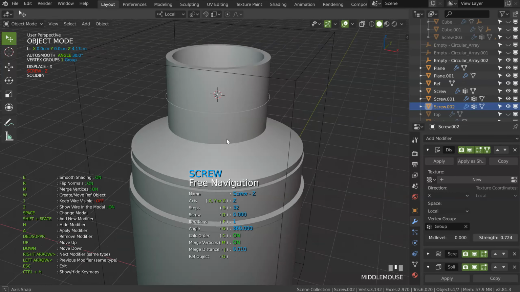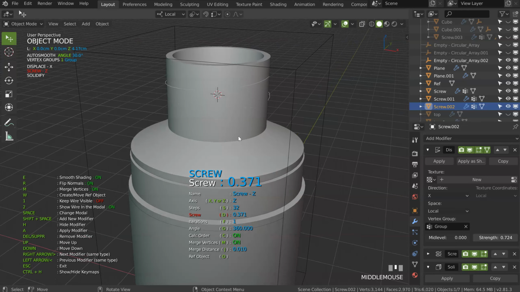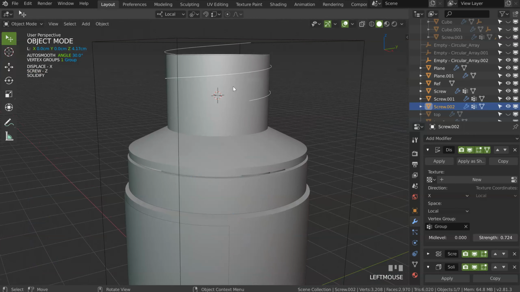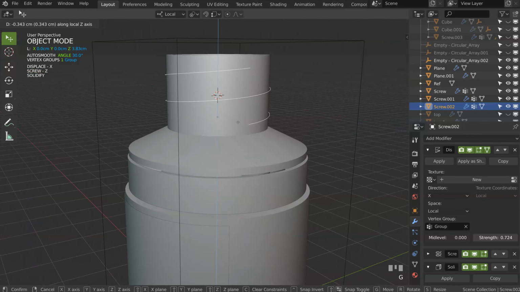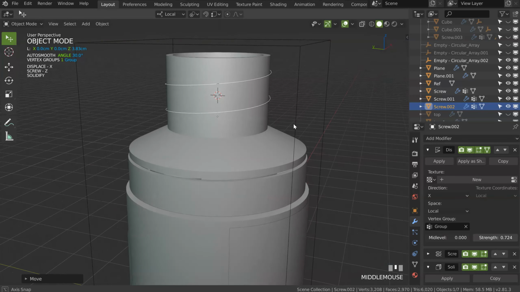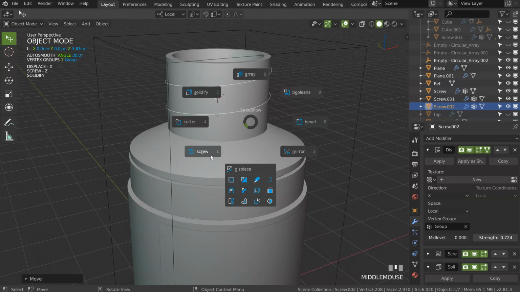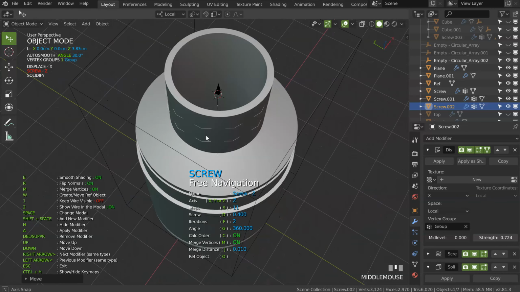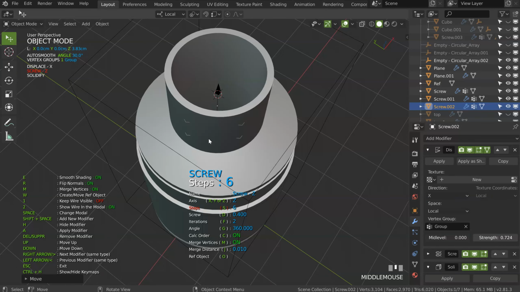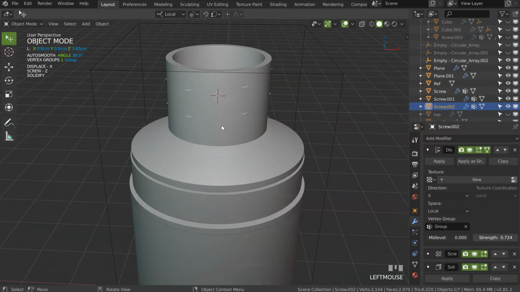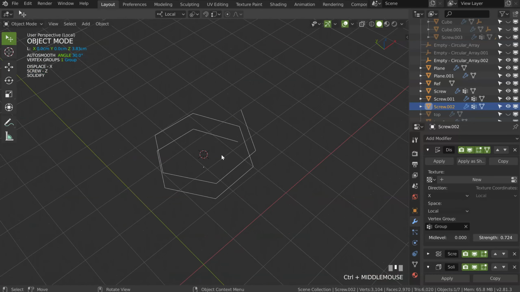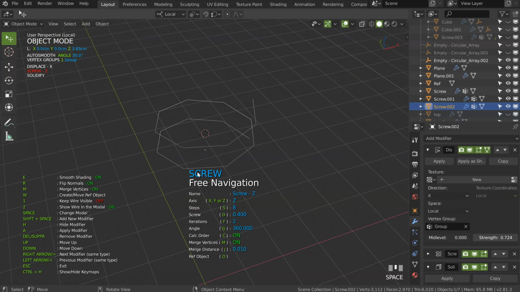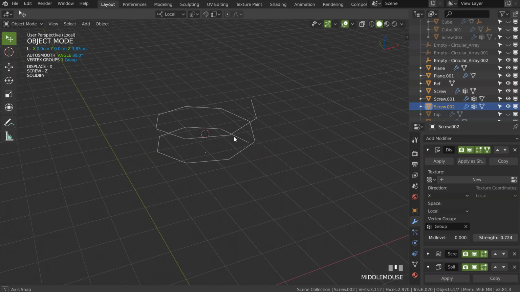I can now come on the screw and press D to have this, and F to add another iteration. So as you can see right now, I have this, and I will just play with the screw and decrease the number of segments. I don't want too many segments, you will understand why. Let's keep this, and if I check, yes, it should be nice. Maybe one more, up, 8. Yes, I will use 8.